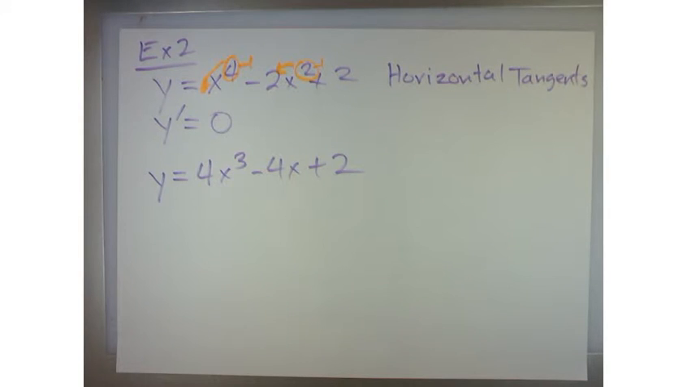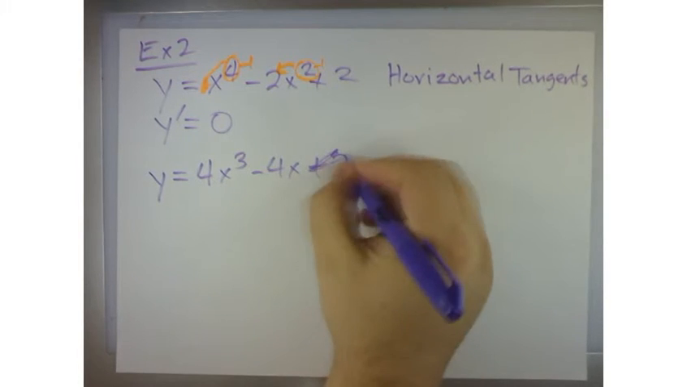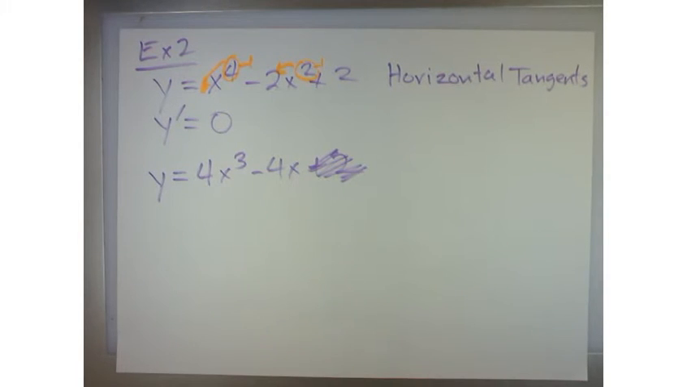Now, Mr. Adams made one mistake. What's the derivative of a constant? 0. So this isn't part of it. I don't know what I was thinking. Me either. All right, so now that I've slowed my brain down,